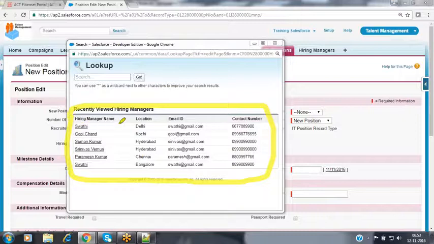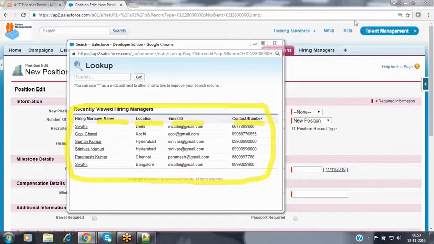By default, it is providing the hiring manager name. But if you have multiple hiring managers with the same name, it will be very difficult to understand which hiring manager is associated with which location. Identifying that person is very difficult with just the name. For that, I need some more field values so that I can differentiate. So here we can configure the lookup dialogs with the help of these options, where we can configure the fields to be displayed on the lookup dialogs, and we can show whatever columns and in whatever order we want. From that, we can search this information.